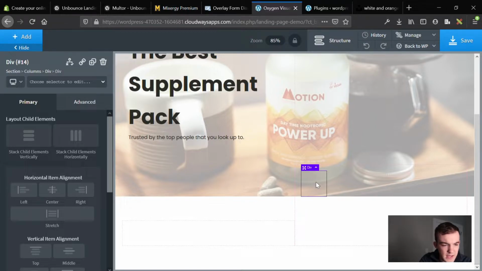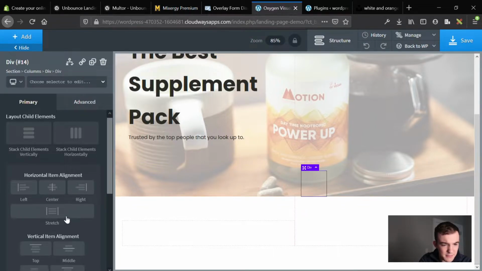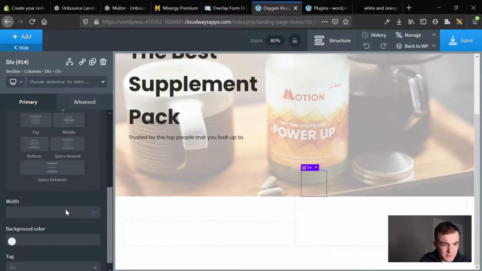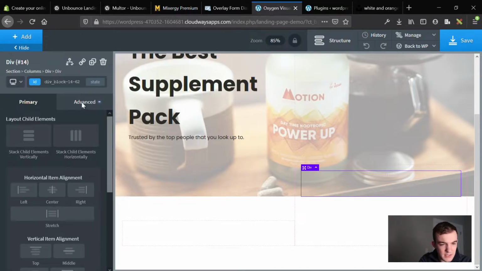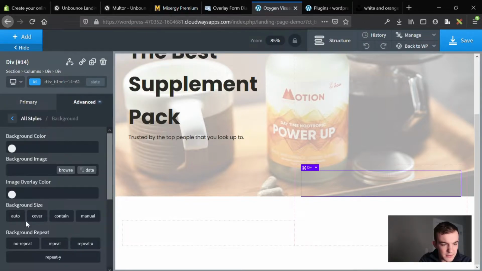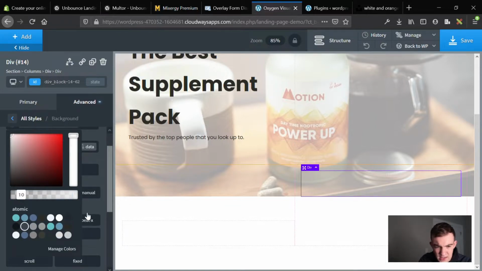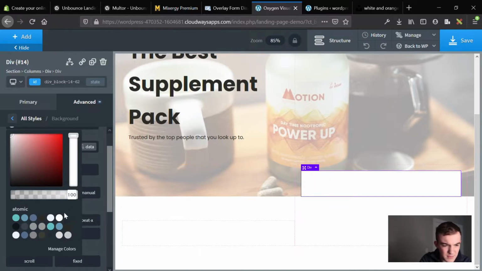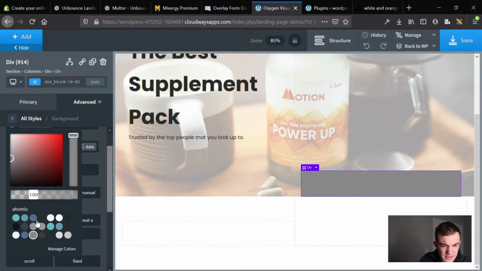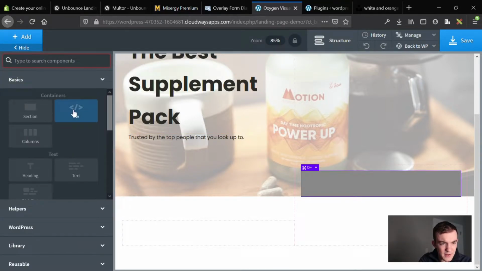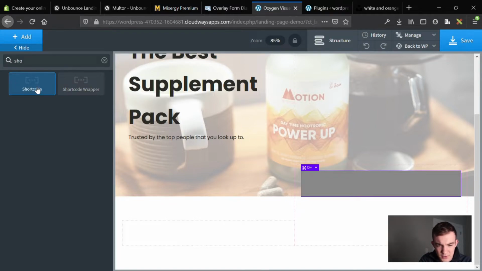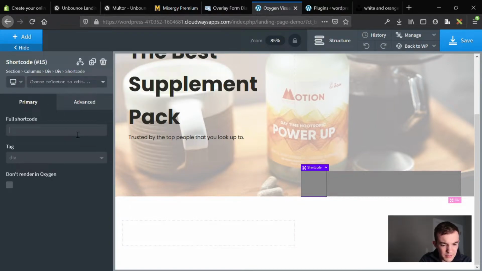And the way I'm going to do that is create a div, and then from that div make it 100%. And then from that 100%, apply a background to it, and the background will be a standard color from the atomic color set. We're going to make it a standard color like so. And then within there, we're going to add our shortcode. And the shortcode, we didn't actually make a form. I probably should have,